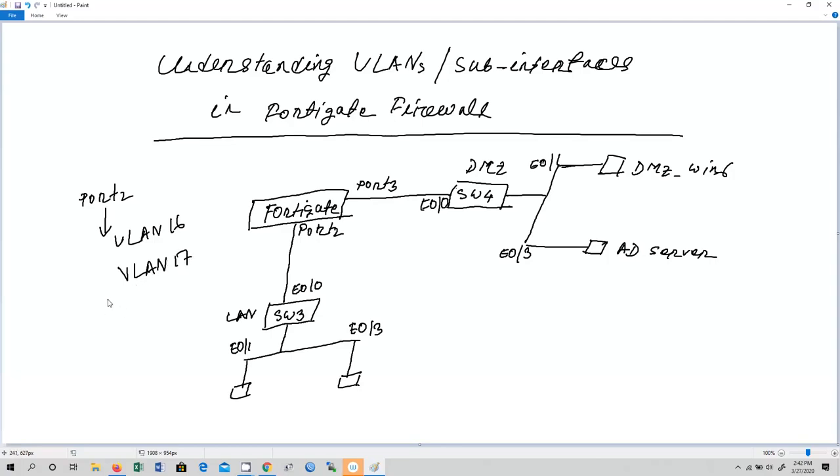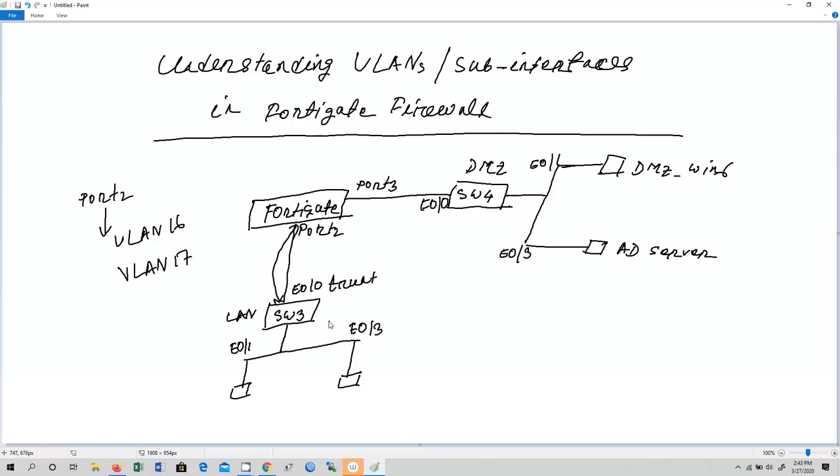That means we are going to have two sub-interfaces under port 2, and the configuration of VLANs in FortiGate firewall is coming in my next video. In switch 3, Ethernet 0/0 is connected towards port 2 in FortiGate firewall. This is going to be a trunk.